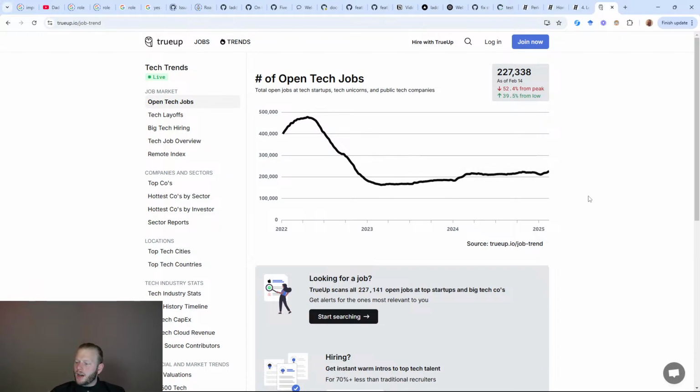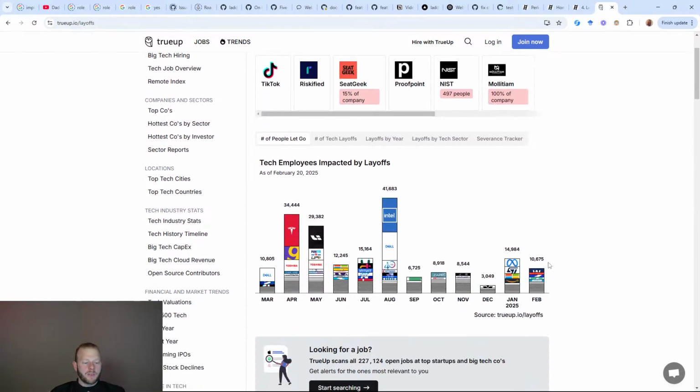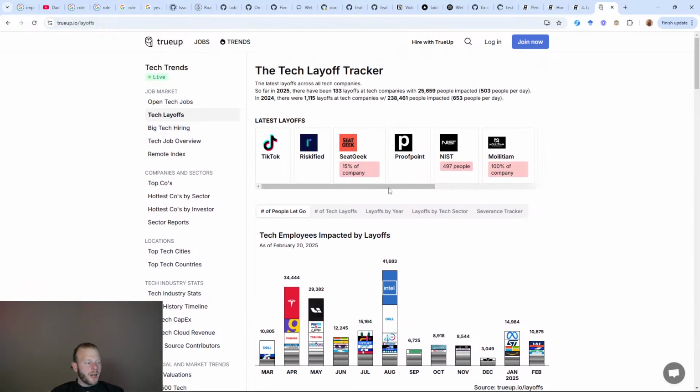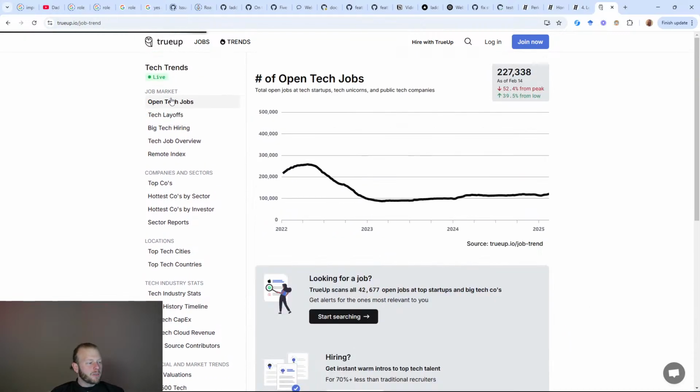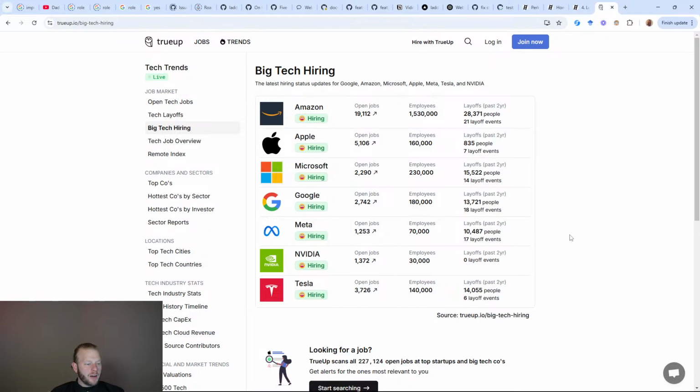Isn't Meta not hiring software engineers anymore? Bro, they're definitely hiring. So they had a layoff, but also layoffs are down. So you want to look at the numbers and not read the news. The news makes everything look awful. The Meta layoffs were actually a tiny number. Layoffs overall are down, and Meta in particular is totally hiring. They have over 1,000 open jobs.